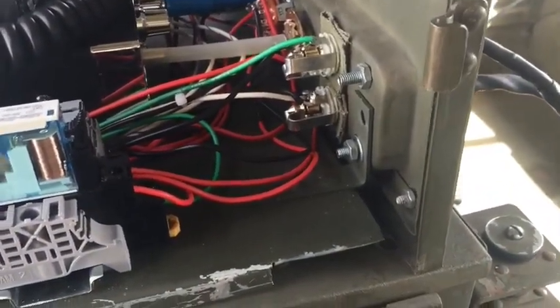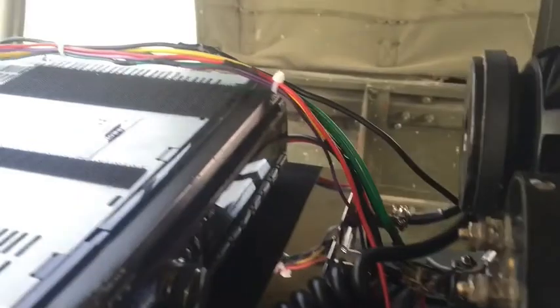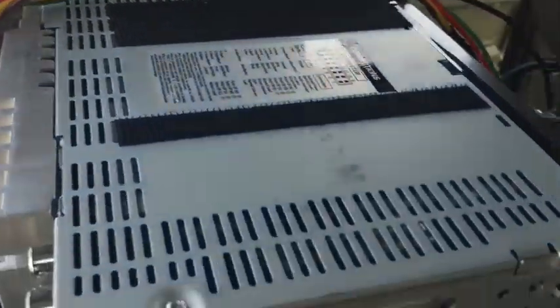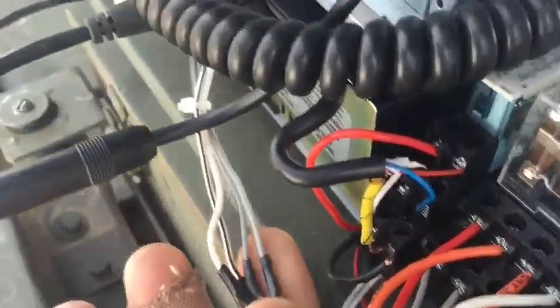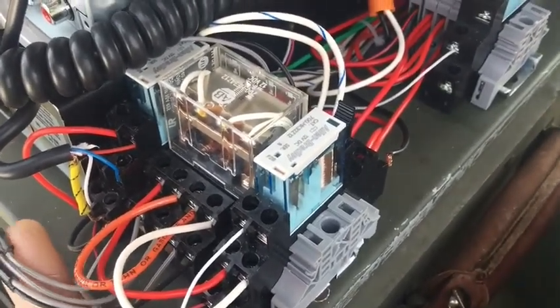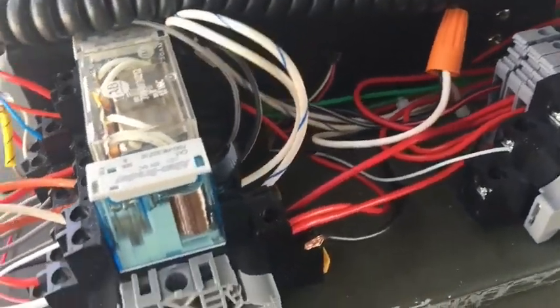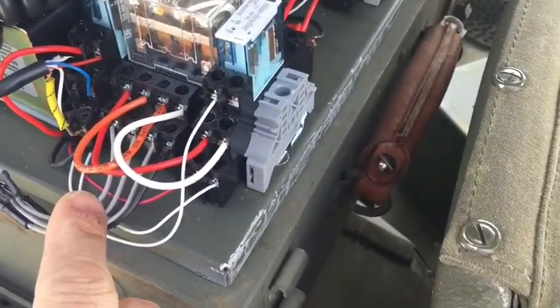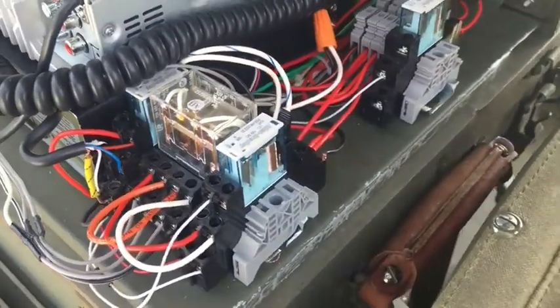Let's see. So anyway, whenever the radio is on, the speaker outputs from the radio are going to a 4-pole double throw relay. There's a CD in there right now. So what this does is, since the CB needs 8-ohm speakers,